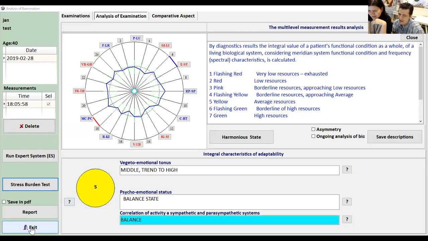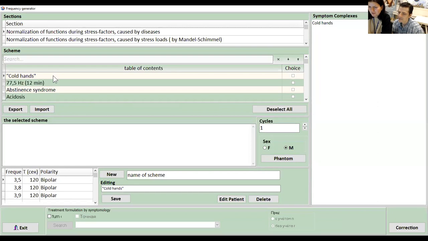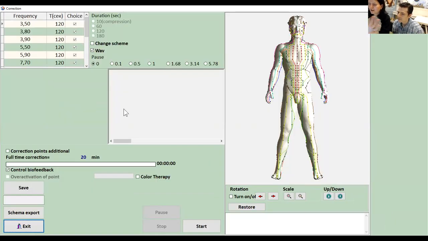Yeah, you go back to correction, symptomology. Oh my God. So here, for example, it will be cold hands. We choose this one, correction. Just think that we have something to correct, and it will show us the same picture like here. If it says here 20 minutes of corrections of the viruses,